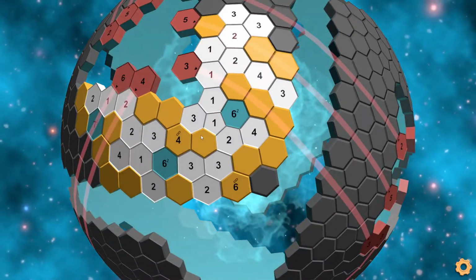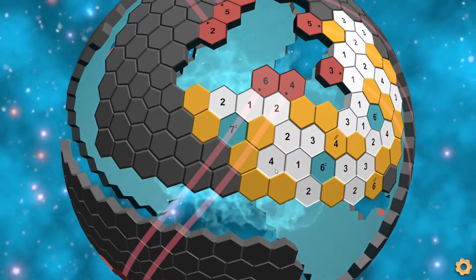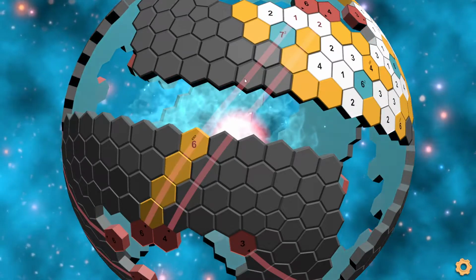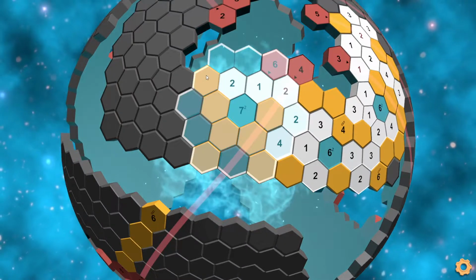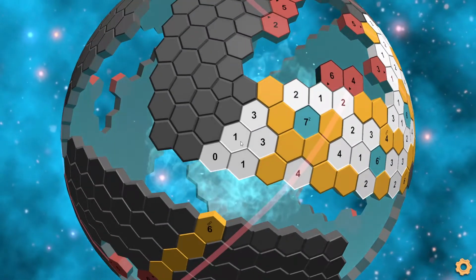But before we jump over here, let's go solve this left side instead. So right here, we have a 6 line with only 6 tiles remaining, so all of these have to be marked, and that line is now done. Now this 7 area has 3, 4, 5, 6, and 7, so it's already done, and these tiles can't be marked. And now we get some basic tile solving